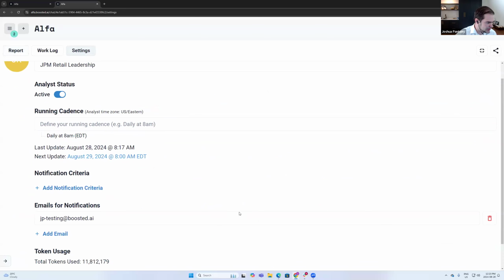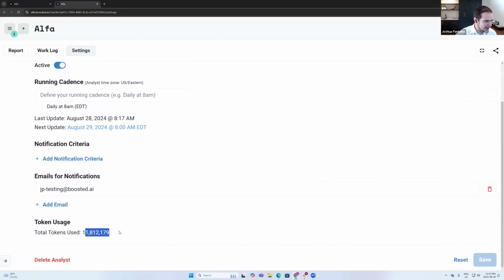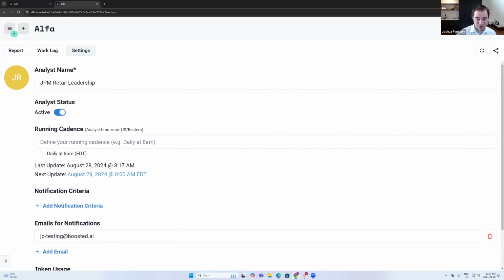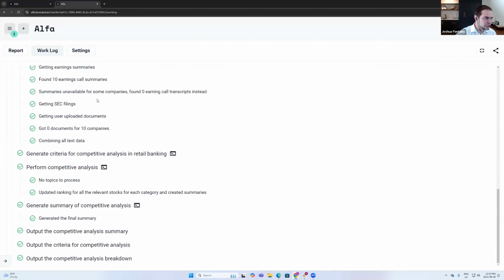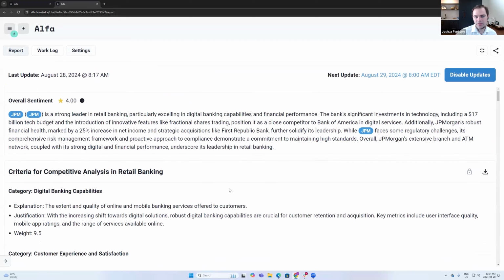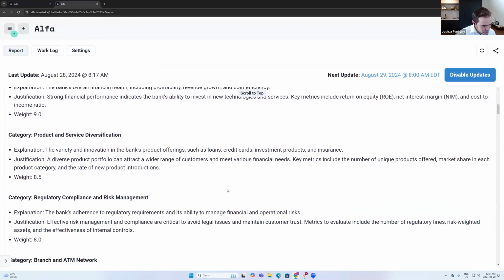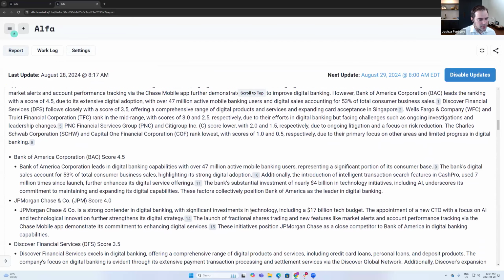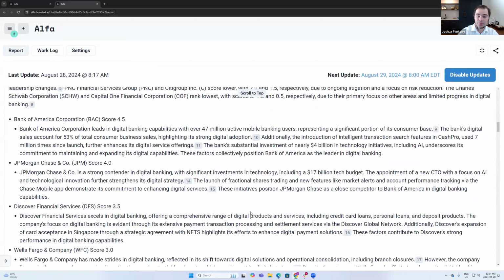In fact, you can actually look at just how much information it looked at. In order to do this one analysis on JPM, it looked at 11 million words, actually almost 12 million words. And that's something you really need a system like this to be able to do, something that can analyze very long range information. And I guess just while I'm on the topic, the other thing I think that's really powerful about how this is getting set up is it has some ability to sort of fact check itself.